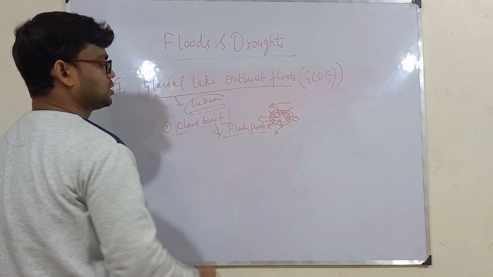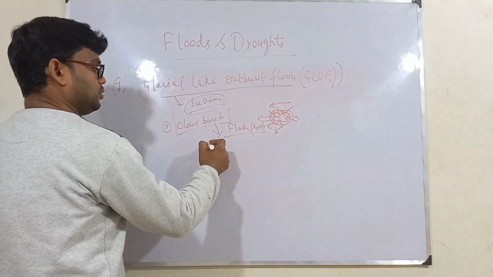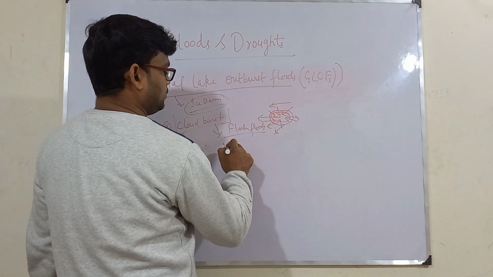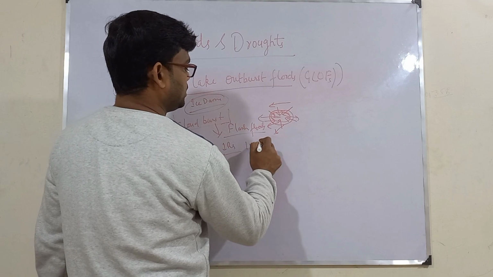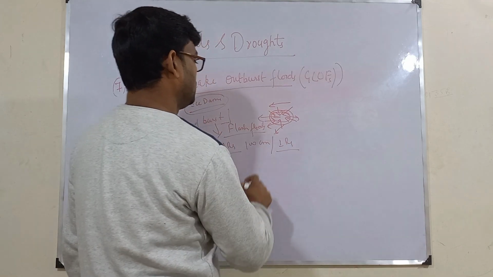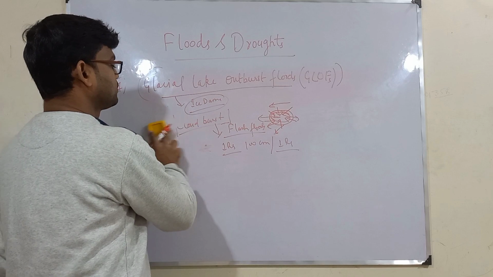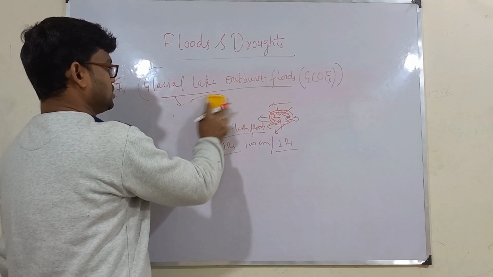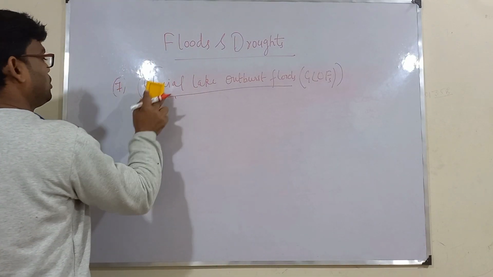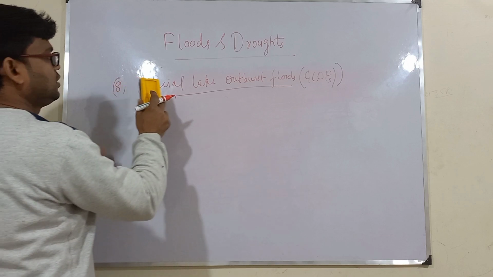Cloud burst actually refers to a sudden huge amount of rainfall within 24 hours, or within 1 hour, say 100 centimeters of rainfall within 1 hour. Then this refers to a cloud burst. So this is also another reason for floods in the hilly regions. So this was the seventh, and our last reason for flood is